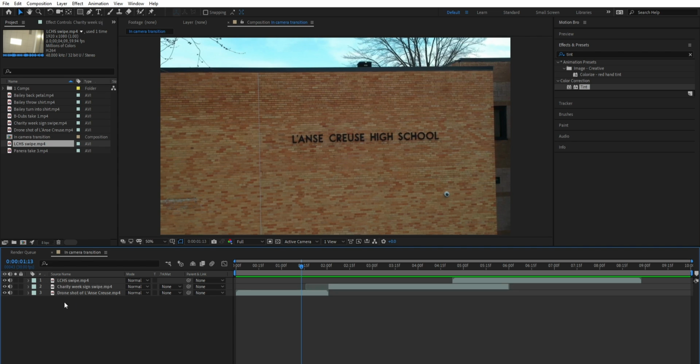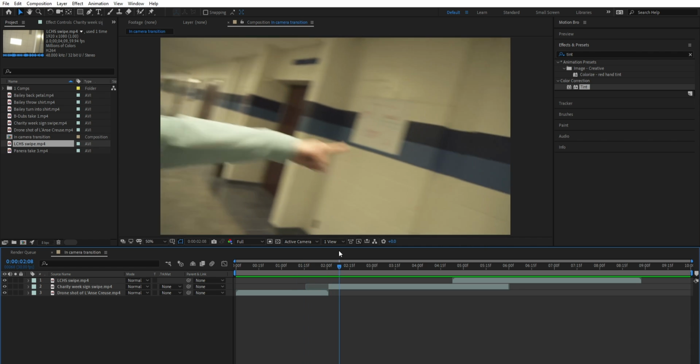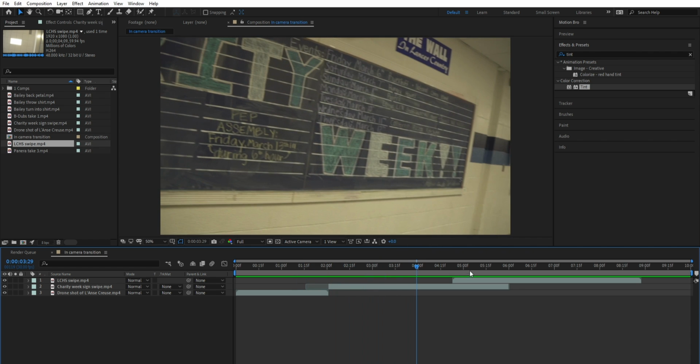By doing that, you can just click and drag by selecting all the layers, or press Control A or Command A to select them all, and then click this sound icon on the left, which can toggle on and off audio for the layers. But we're going to want to toggle them off because we don't want to hear my sound effects. So now that we have this transition looking alright so far, let's go to this final transition of